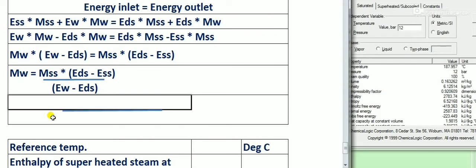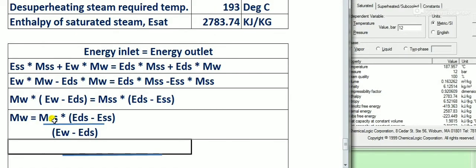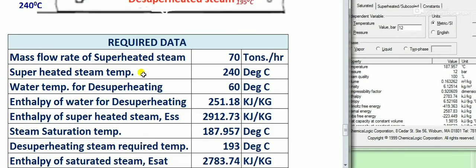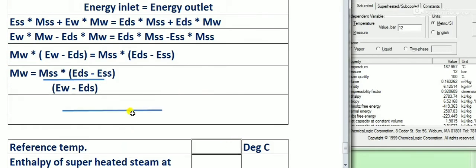So next, for finding the enthalpy of desuperheated steam: after the desuperheating, the condition of the steam we take as saturated, but we take the temperature of the steam as 5 degrees more than the saturation temperature. So we want to calculate by interpolating only. We take a reference temperature, and then find out the enthalpy of desuperheated steam. Correct?